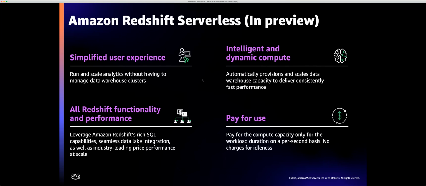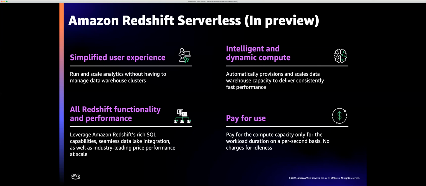To serve these use cases, what we launched is Redshift Serverless. This was announced in public preview at last re:Invent in 2021. And what it provides is a simplified user experience, and you're going to see a demo shortly on that. You get all the Redshift performance, the architecture that I described. All of this is behind the scenes of Redshift Serverless, without you having to explicitly enable when to scale, what to scale, should I pause my compute.